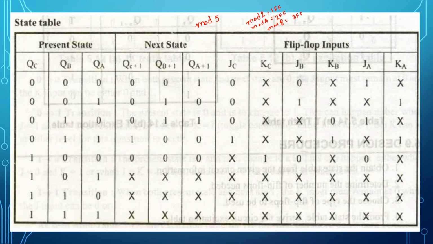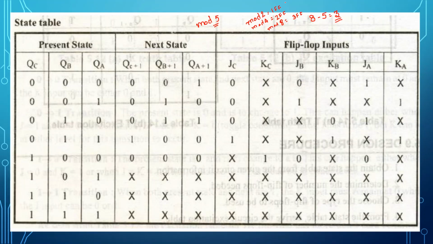But you are going with a mod 5 counter. So when you want a mod 5 counter, how many flip-flops are to be taken? You cannot go with 2 flip-flops because 2 flip-flops will give you only mod 4. As you are designing a mod 5 counter, I need to take 3 flip-flops. So when I say it is mod 8, it is going to give me 8 counts, right? But you are expecting only 5 counts, which means out of 8, 3 counts are not needed. I need to remove these 3 counts.